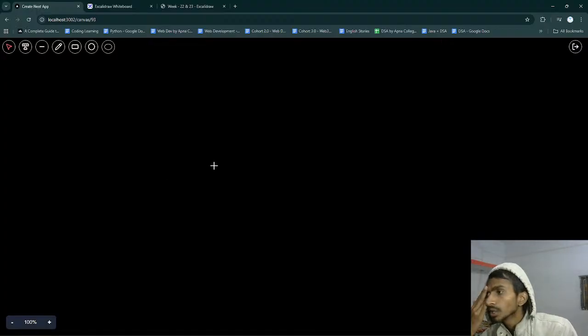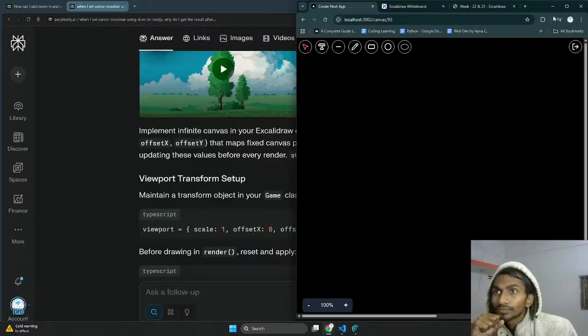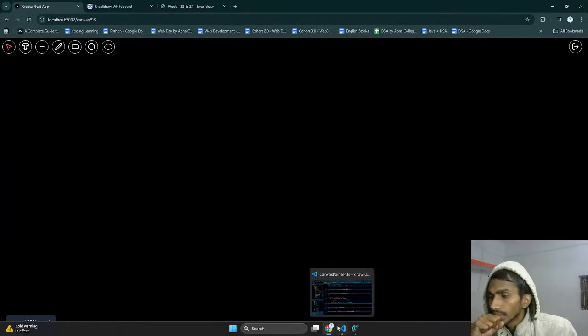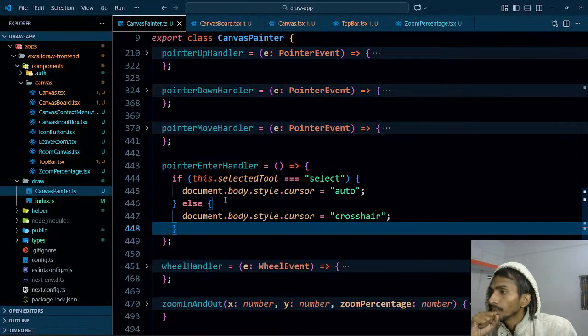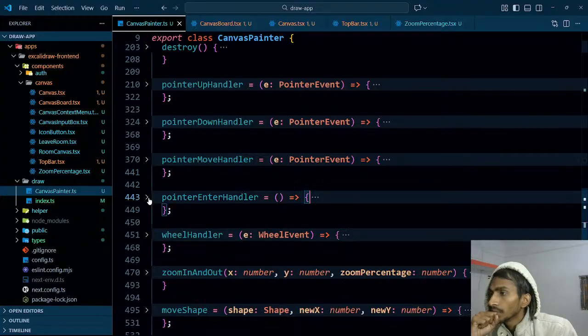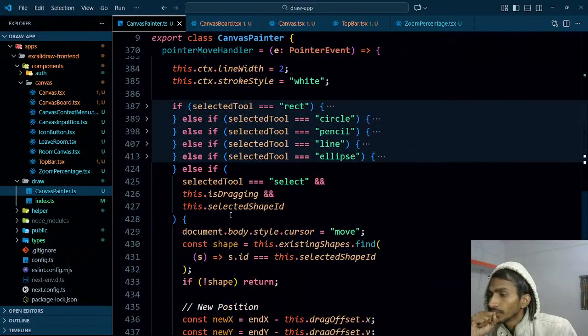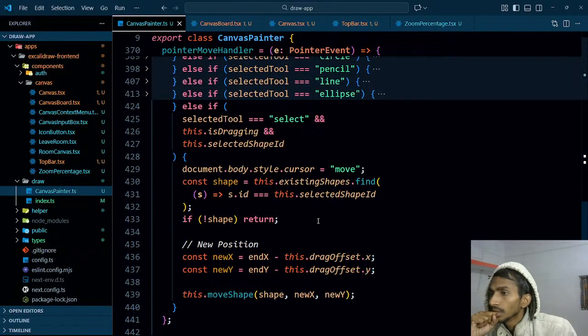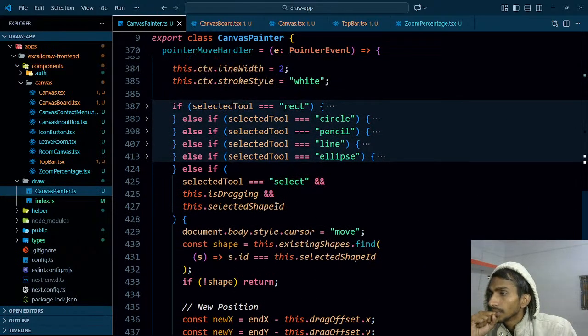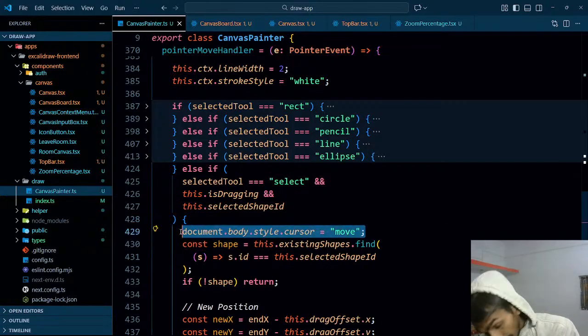So I also have to check that when I move, if it equals selected, then don't do anything. So in that case, I can go back to my code, and whenever pointer move happens, where am I setting it? If that equals select, at that time I'm simply making it move. But I have to have one more